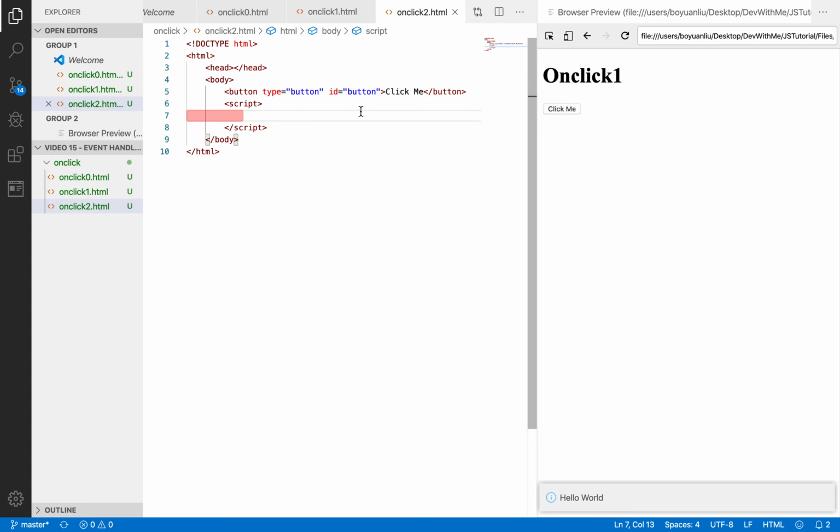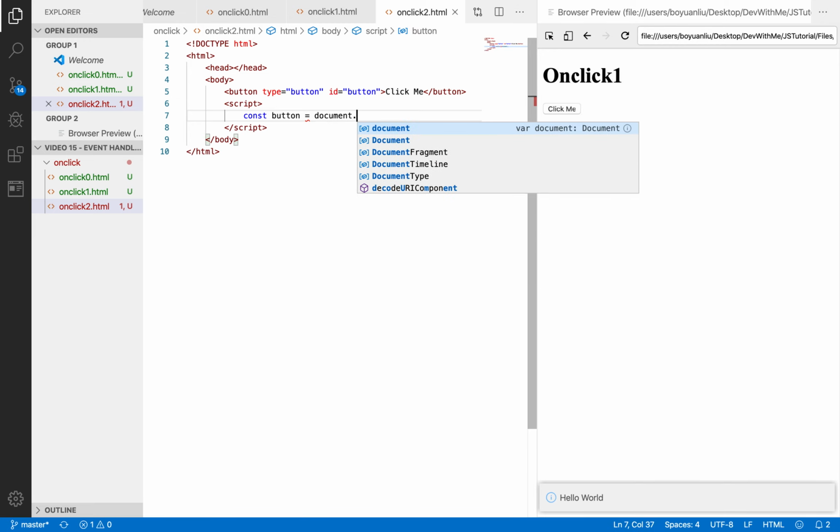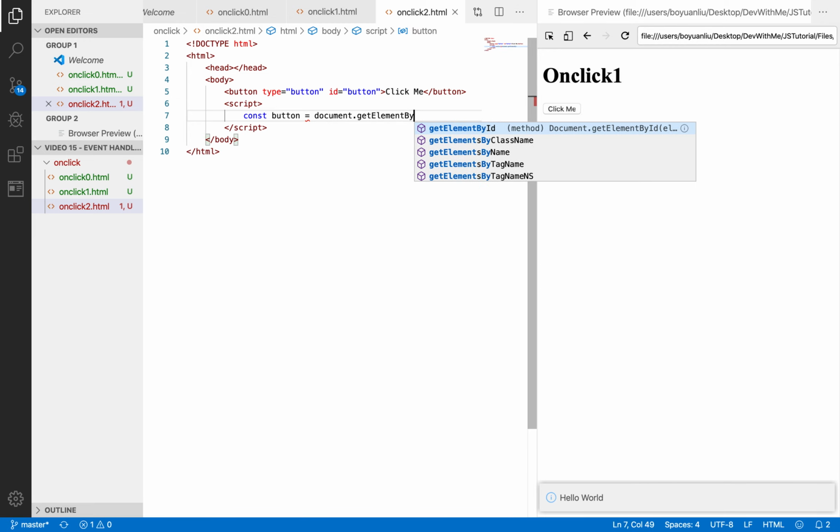But for safety, when we write more code, we probably will have multiple buttons. So it's good if we put an ID into each individual button. So this time the ID is button. And we are going to use a const variable. We're going to say button equals document.getElementById